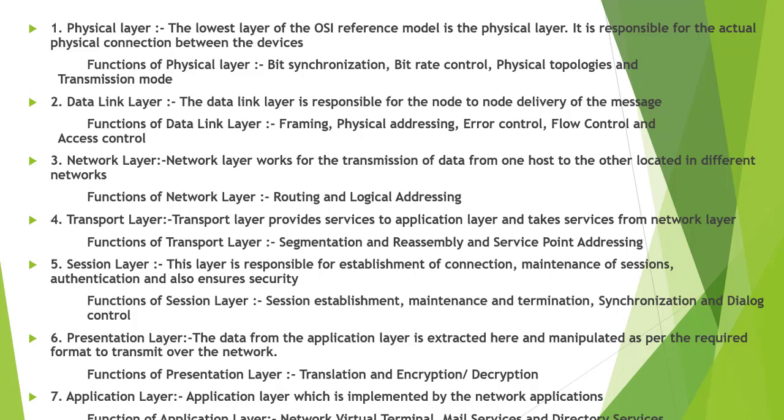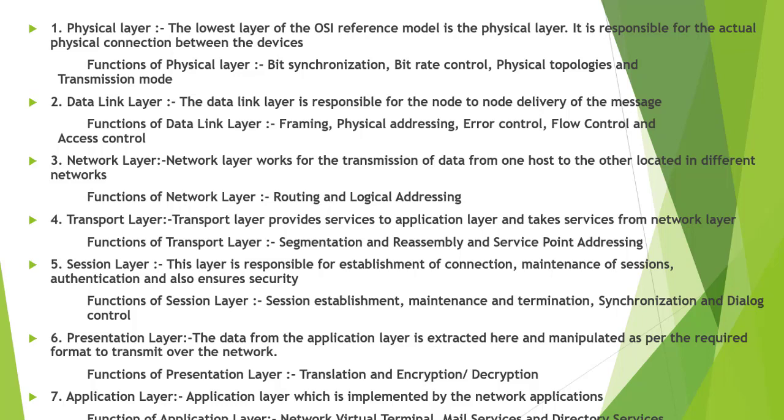The transport layer also provides the acknowledgement of successful data transmission and retransmits the data if an error is found. There are two functions in the transport layer: segmentation and reassembly. This layer accepts the message from the session layer and breaks the message into smaller units. Each of the segments produced has a header associated with it. The transport layer at the destination station reassembles the message.